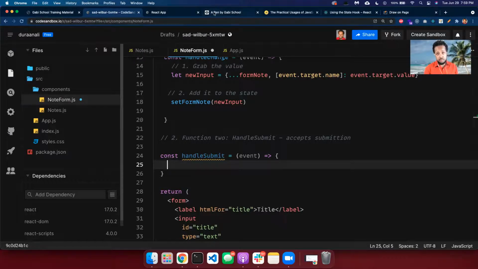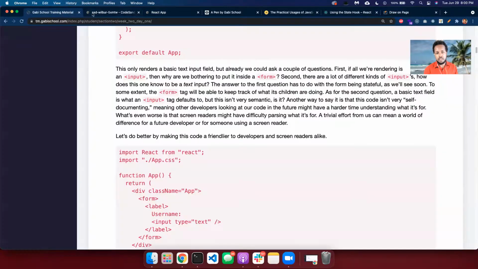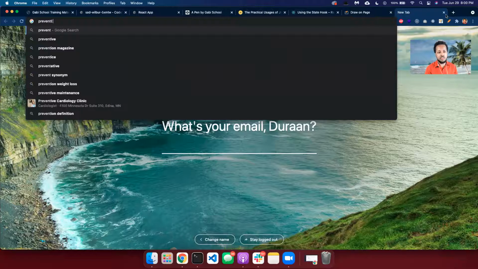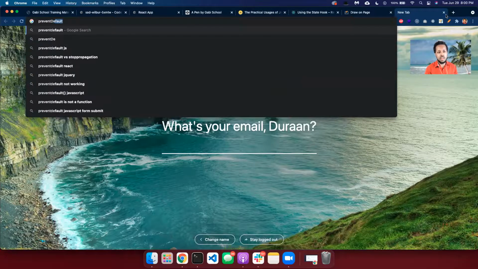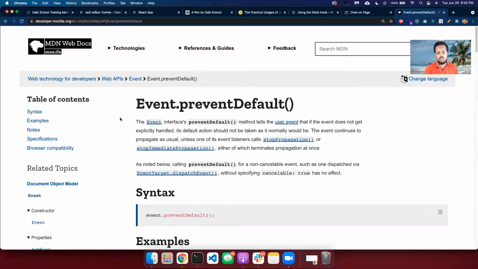How do we stop the default functionality? You said the event, I said prevent. Yeah, so you type event dot prevent, you know, whatever you pass over there, right? Yeah. So we say event dot prevent default. So there's a method called prevent default, and it's part of JavaScript. It's used to prevent any default